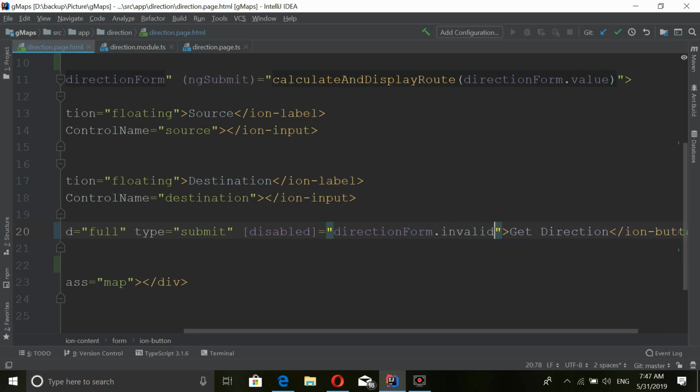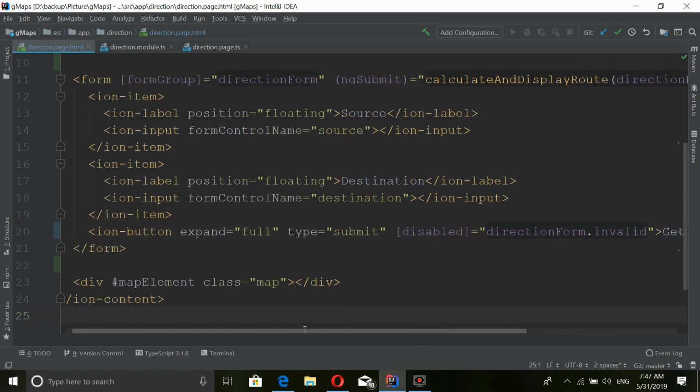Both do the same function, so to avoid confusion, just use direction.invalid. Now I have completed my form section. It will return the source and destination values that the user has entered into the input fields.